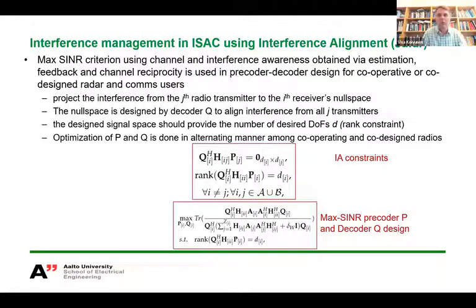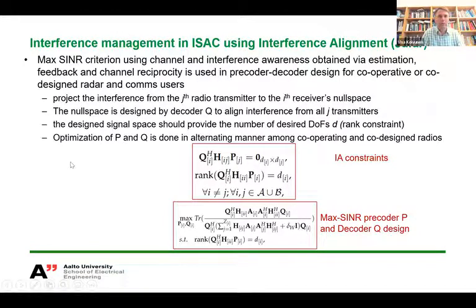And then of course you will lose some of these degrees of freedom because of this interference alignment. So the interference alignment constraints are given there. This null space idea is the first expression, then this rank condition there. And then the objective is to maximize the signal to interference plus noise ratio. This objective function is given here. So you maximize this expression with respect to precoder P and decoder Q, and